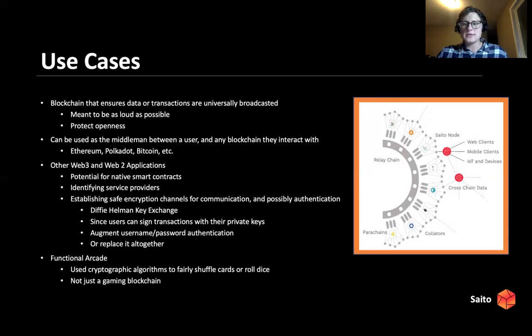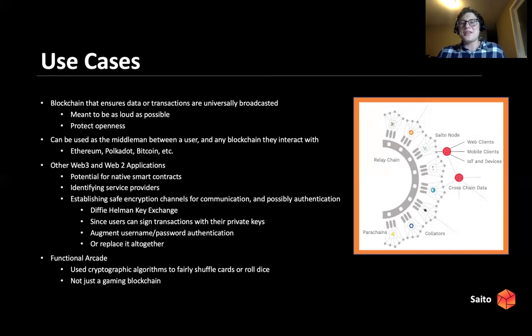So if I'm logging in to my banking website and I have to provide a username and a password or a PIN, then none of that would be sent in plain text, and no one would be able to sniff that out and use those same passwords and usernames in an attack in the future because of it being encrypted. They would see it as a whole bunch of encrypted crap that they don't understand, and it would be understandable for me and that endpoint that I'm communicating with. Now, the Diffie-Hellman key exchange is necessary in order to establish this encryption. And so I definitely see Saito being useful in that sense.